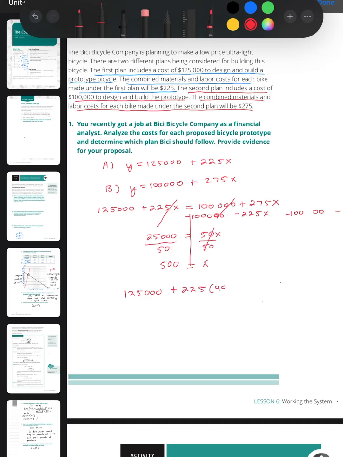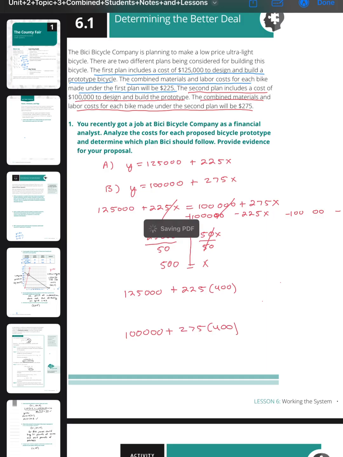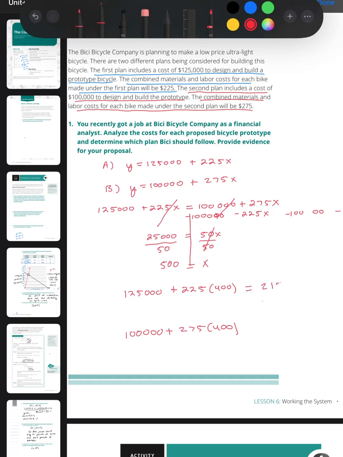So I'm going to plug 400 in for each one of these. And then we can simplify each one of those. So for that first one, 125,000 plus 225 times 400. And that comes out to be 215,000. This was plan A. And then for plan B, 100,000 plus 275 times 400. And that comes out to be